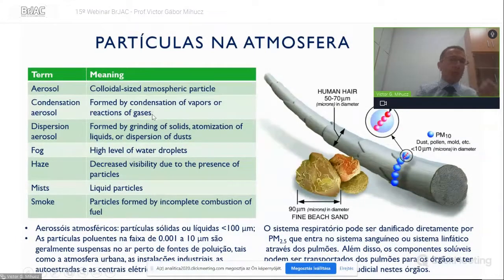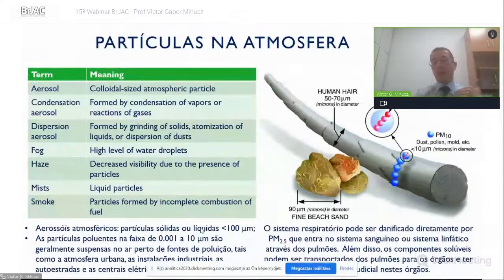We can talk about condensation aerosols, dispersion aerosols, fog, haze, mist, smoke. So it's very, very complicated. And according to the size, usually we say that atmospheric aerosols are liquid or solid particles, as I mentioned before, which have a diameter less than 100 micrometers. But the most dangerous are those particles, especially which are less than 10 micrometers in diameter, because